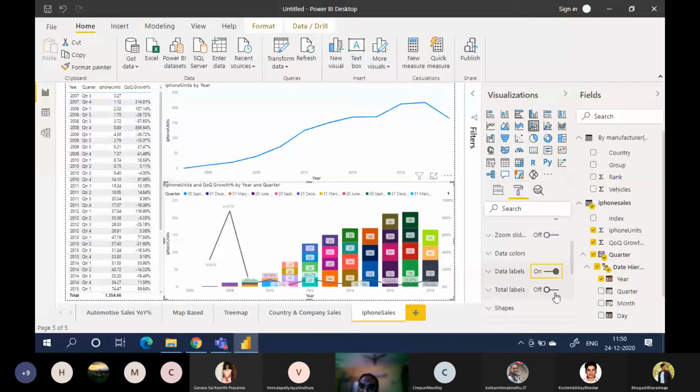Total labels also we can add. See, total labels and data labels. So you can convert images into data tables.